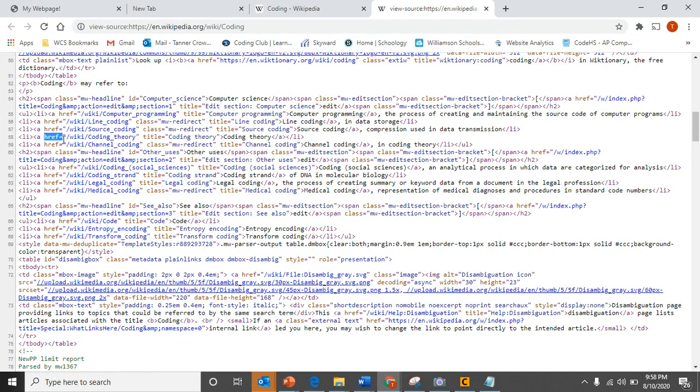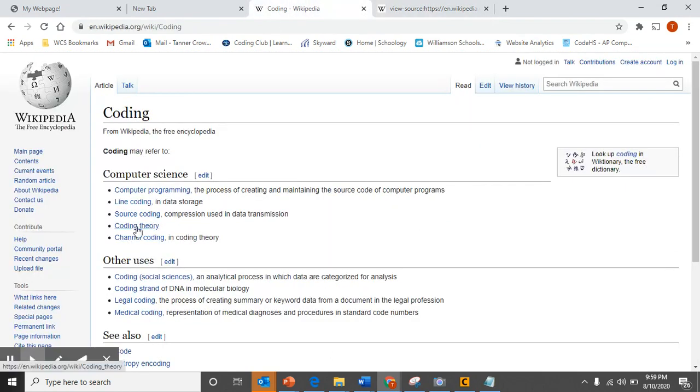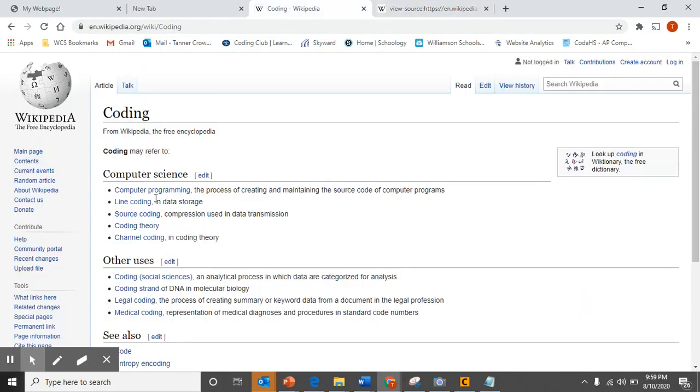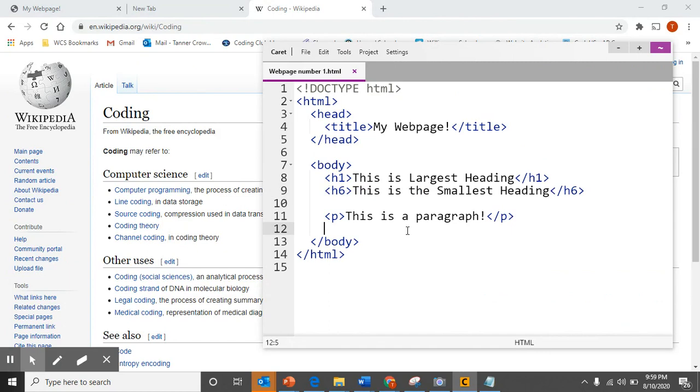And it's going to wiki coding theory, wiki source coding. And then this is what shows up in blue, coding theory. Okay, so I could find that coding theory right here, and it matches up with the coding theory right here. So that's a kind of cool way to look at it, and that's just by viewing the page source. Okay, so if that's what we wanted to do,